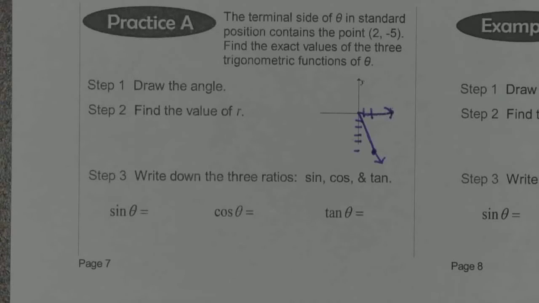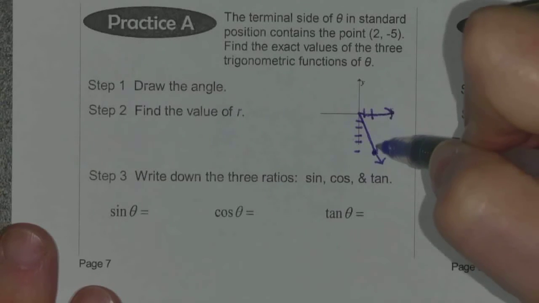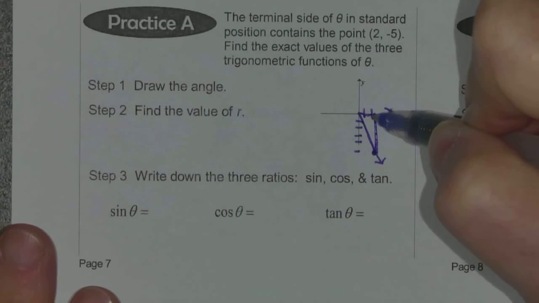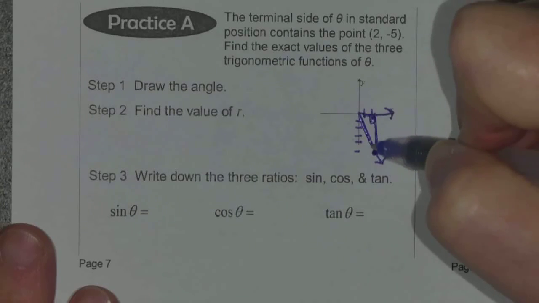But I'm going to draw a right triangle using that, and my right triangle always gets drawn to the x-axis. So from that point, I'm going straight up to the x-axis to draw my right triangle. So here's my